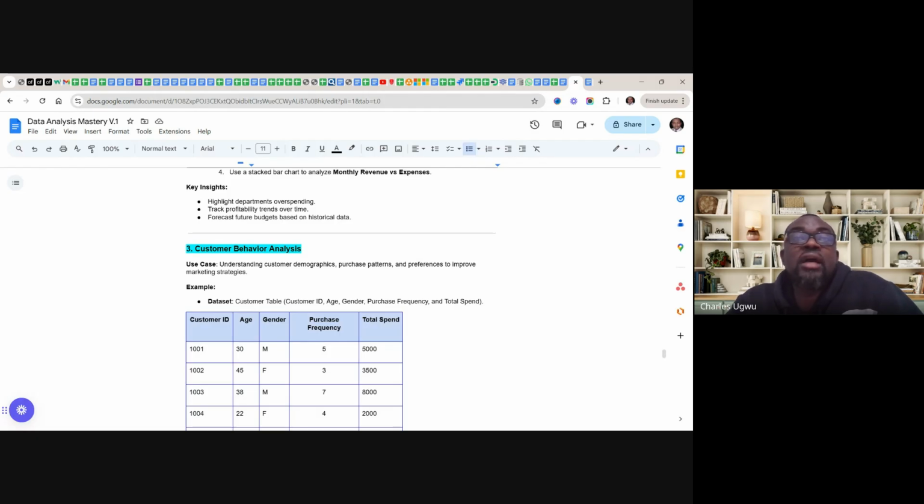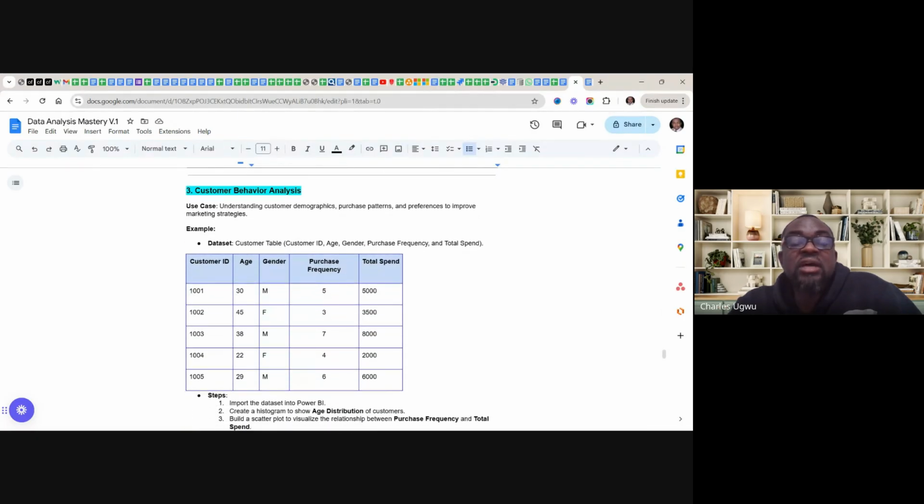For these people we are targeting, what is their purchasing pattern? How much are they spending? That way we know how to launch a better attack on them through our marketing strategies. This kind of data will give us insights: customer ID, age, gender, purchase frequency, and total spend.